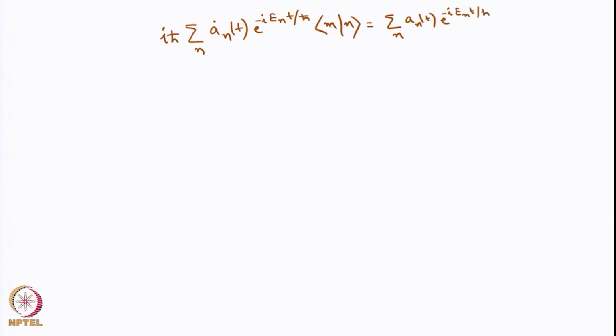So what we had is i h bar sigma over n a n dot of t e to the power of minus i E n t by h bar, integral of psi m psi n, equals sigma over n a n of t e to the power of minus i E n t by h bar, integral of psi m H prime of t psi n. And then we argued that since